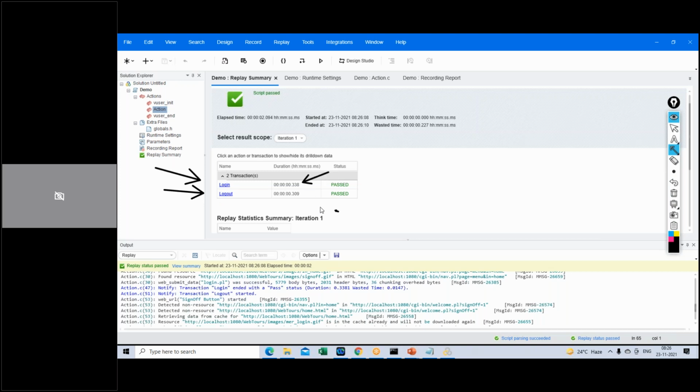The amount of time for logout is 0.309 seconds. Specifically like this, you can calculate response times, how much time it is taking for login to happen, how much time for logout, and whatever action you perform on the application. For all those actions, you can calculate the response times like this.